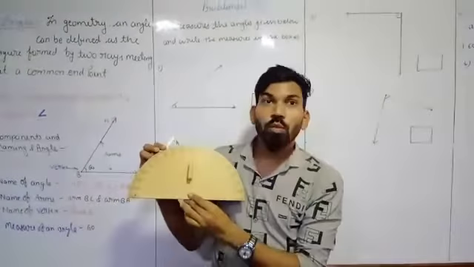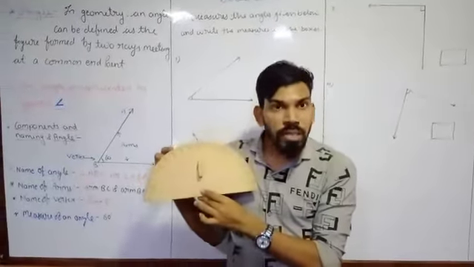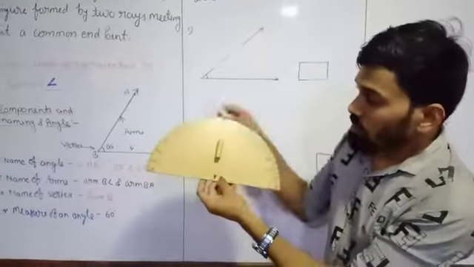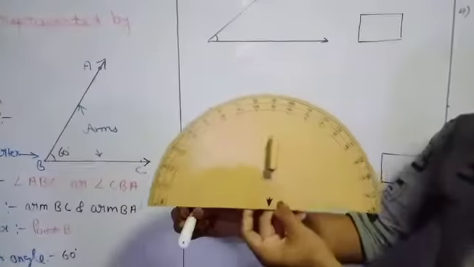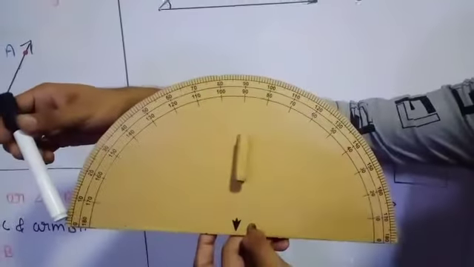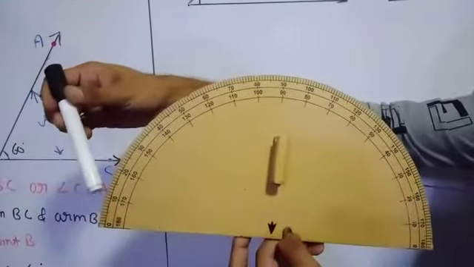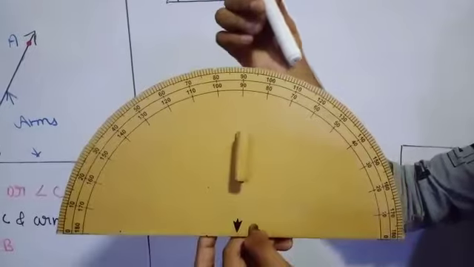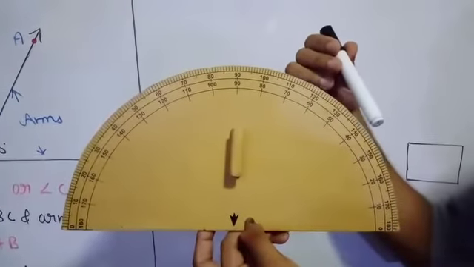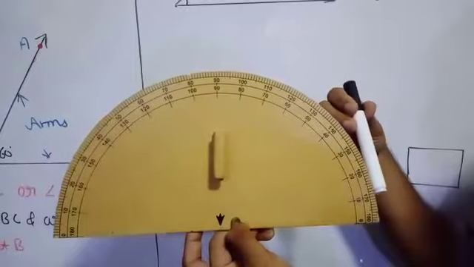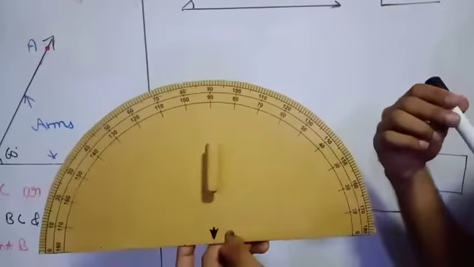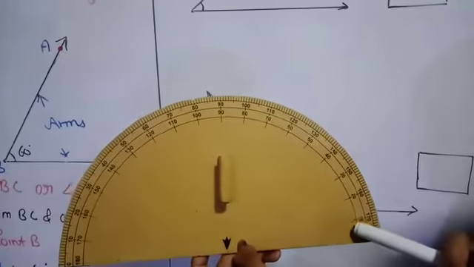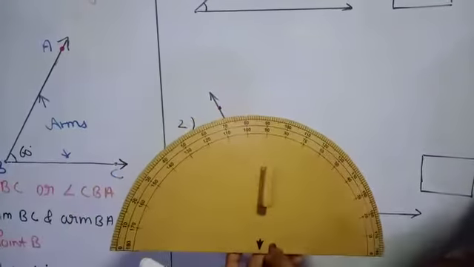Now, this is your protractor. It is very important to know how we can use the protractor. You can see this is in the form of a semicircle, and here you can see 0, 10, 20, 30, 40, 50, 60, 70, 80, 90, 100, 110, 120, 130, 140, 150, 160, 170 and it ends with 180. Again 180 is also there and 0 is also there, 0, 10, 20, 30 and like that up to 180 here.